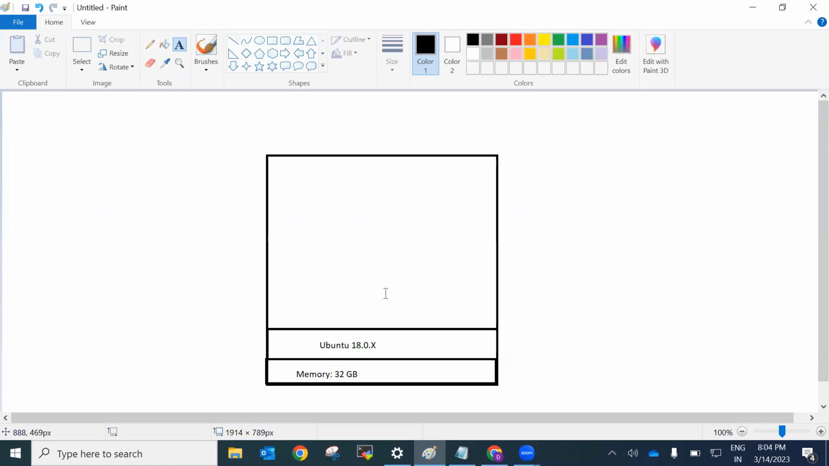Then to create the containers, we need to install Docker. And for your information, there are different tools to run the containers like Podman and Rocket. But to be frank, nowadays